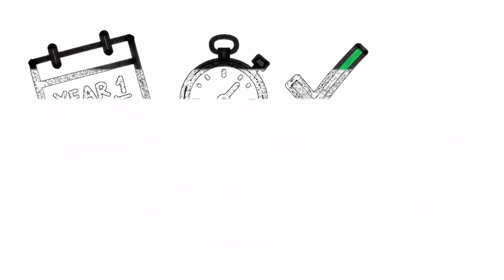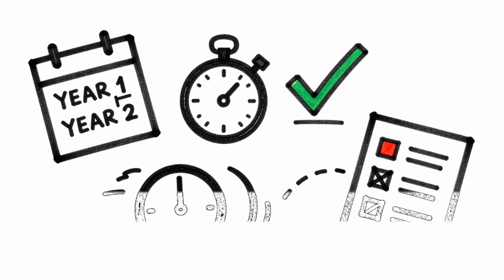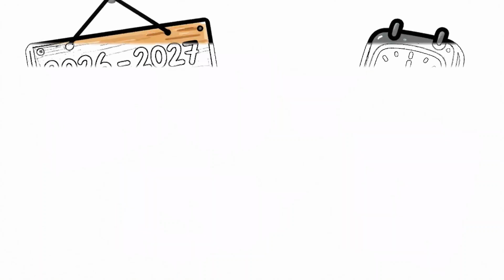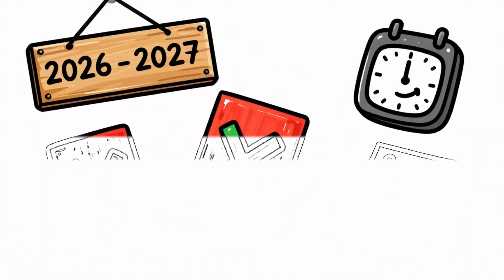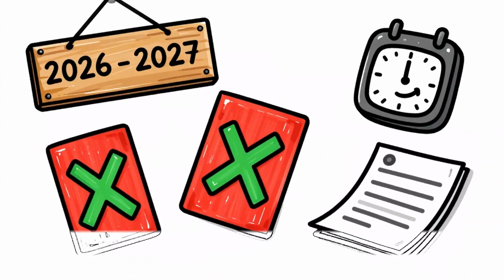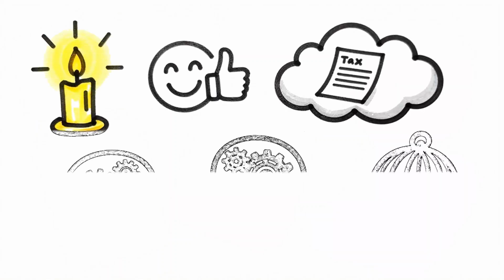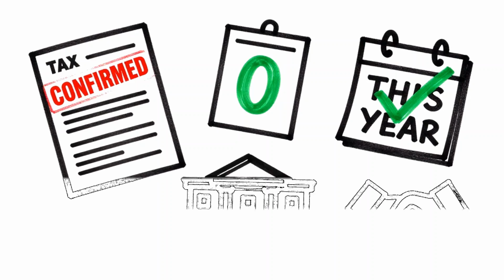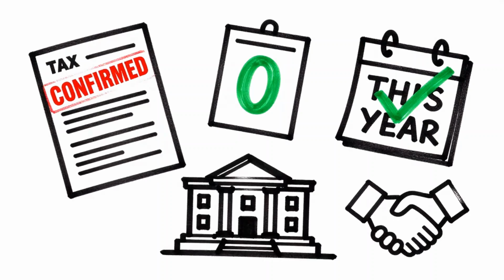Points stay on your record for 2 years before expiring, but only if you submit everything on time during that period. No Making Tax Digital for income tax penalties will be issued for late submissions of quarterly updates in the 2026 to 2027 tax year. This grace period helps people get to grips with MTD without fear of immediate consequences. That grace period is real. HMRC confirmed it. No penalty points for late quarterly updates this year.